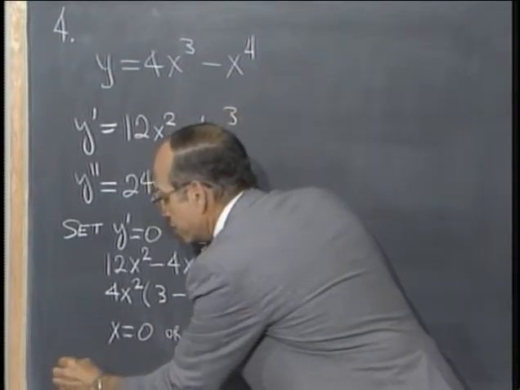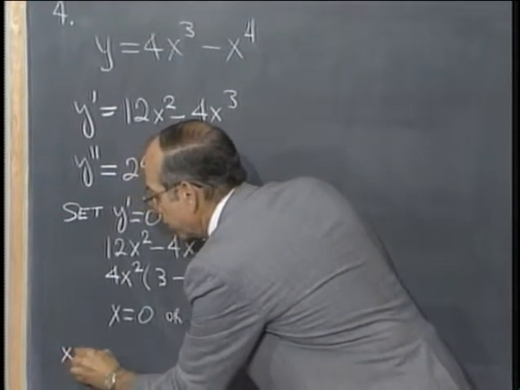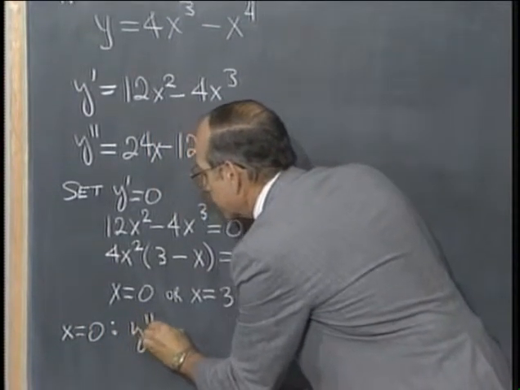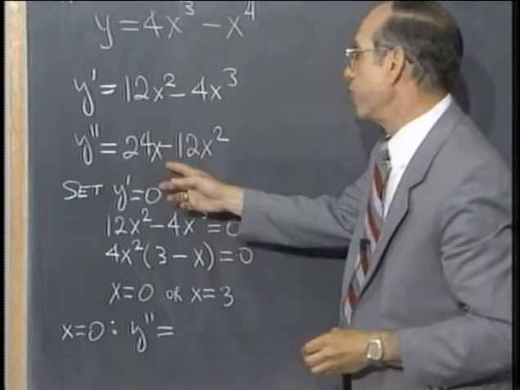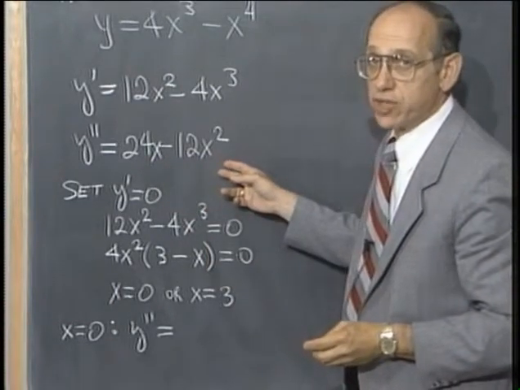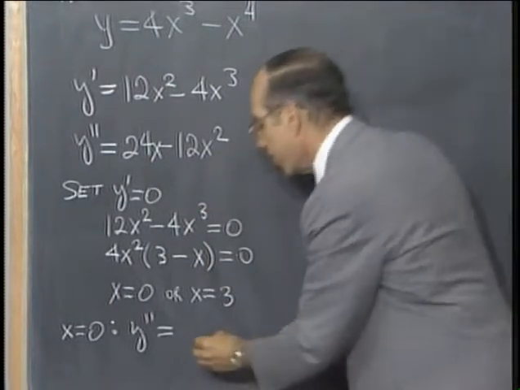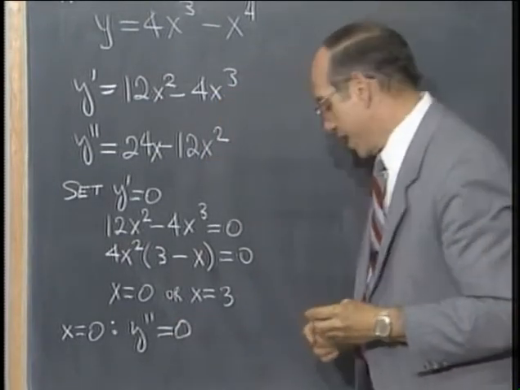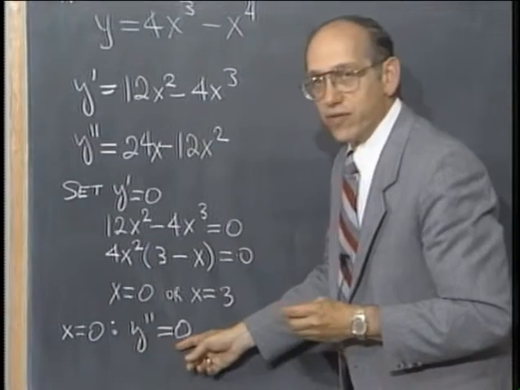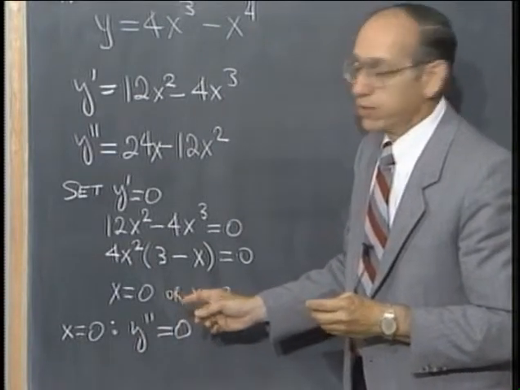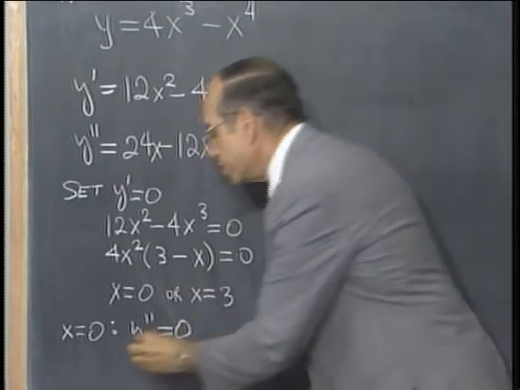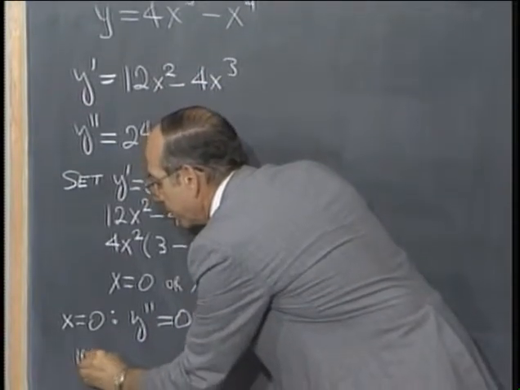If we put x equals 0 into the second derivative, we get y double prime is equal to, well, it's 24x minus 12x squared. If you substitute x equals 0, you just get 0. So immediately, the first time we try to do it, it turns out that the second derivative is equal to 0, and we don't know whether we have a maximum or a minimum. But let's leave that for the time being,